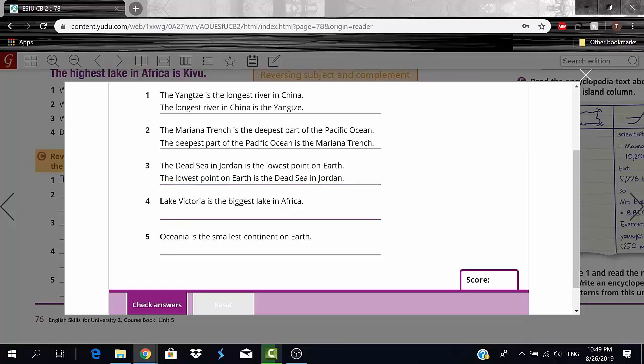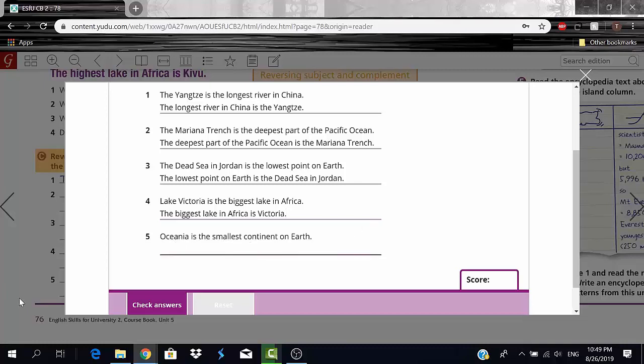And now finally, number 4, we have Lake Victoria is the biggest lake in Africa. So I could say the biggest lake in Africa is Victoria. That's correct. And finally, we have Oceania is the smallest continent on Earth.